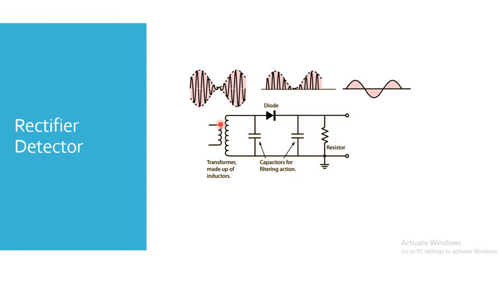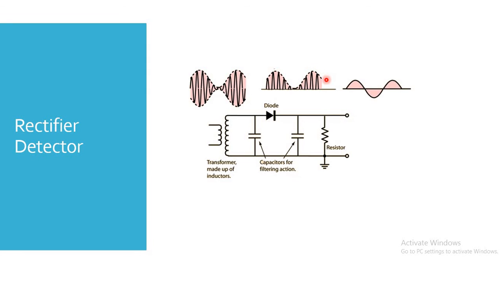So we'll just discuss the working. This is the input. This input is an AM signal, a combination of a carrier signal and the modulating signal. This signal is passed to the diode. Now in the forward bias region, the diode will pass only the signal which is present on the positive side. So it passes only the positive signal and the negative signal gets rejected. So at the output of the diode we are getting only this much portion.